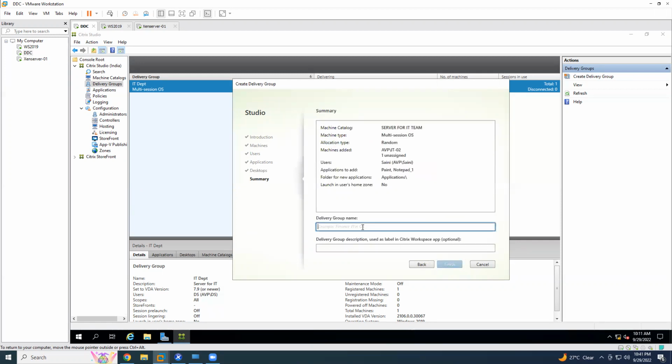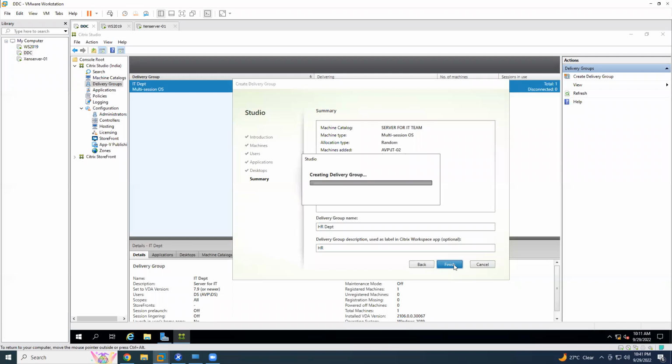Name it anything. Just make it for HR. The guy is not required any desktop. Click on finish. So what we did, we have created one more delivery group for